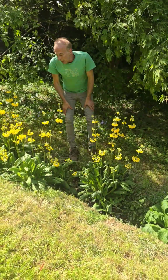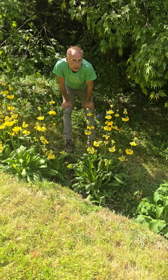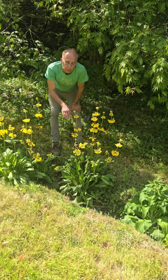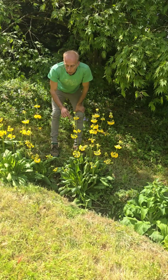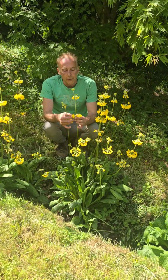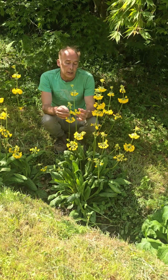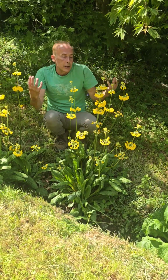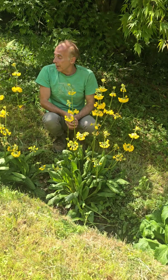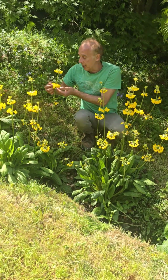They're perennial, and you can eat the flowers as well, although I don't like to because they belong to somebody else, but the leaves and the flowers are edible, both cooked and raw, and they have quite a few medicinal uses. Very good for insomnia and various nervous disorders, and calming the nerves, coughs and colds, and quite a lot of things really. But yeah, if you can grow them, it's good to have them because they just look so